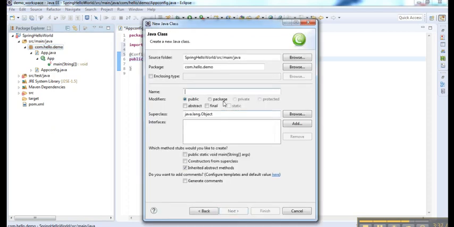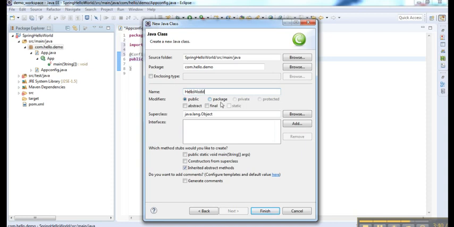We are going to create the next class, which is called the bean class. The bean class name we are going to use is HelloWorld. So HelloWorld will be our bean class, and we will use this bean class to do a simple operation like printing hello world.